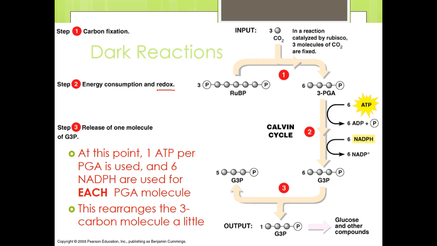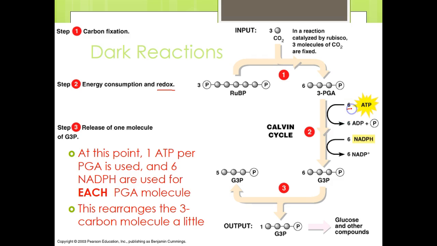We know what reduction and oxidation reactions are. Redox reactions are when you have a reduction and an oxidation. Reduction, remember, is the gaining of electrons, and oxidation is the losing of electrons. We remember that by using the acronym OIL RIG. But what happens is once we have these 6 3-carbon molecules, which are called 3-phosphoglycerate, we are going to